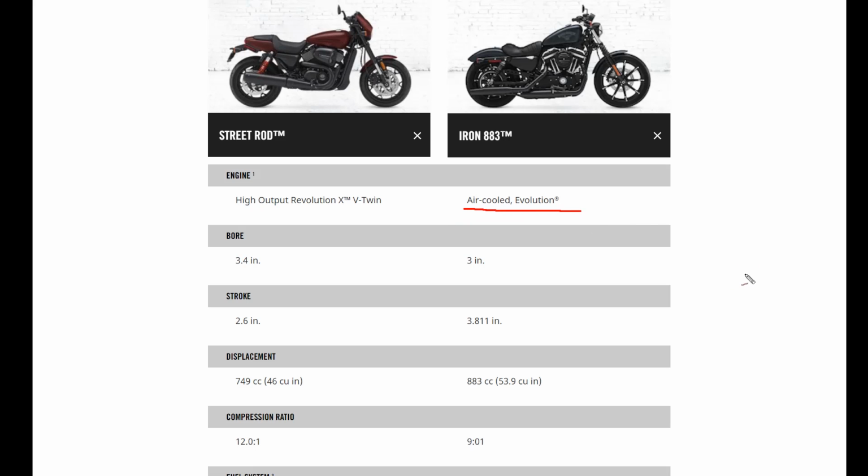So the Iron is the air-cooled Evolution. The Street Rod is liquid-cooled, which Harley-Davidson isn't typically known for in their bikes. They had a V-Rod for the longest time. They just barely discontinued the V-Rod in the 2018 model year. This engine is what I commonly refer to as the baby V-Rod. This is a single overhead cam and 4 valves per cylinder,